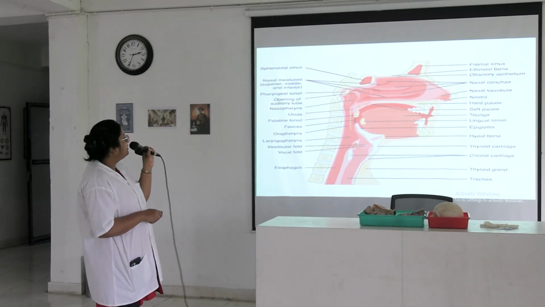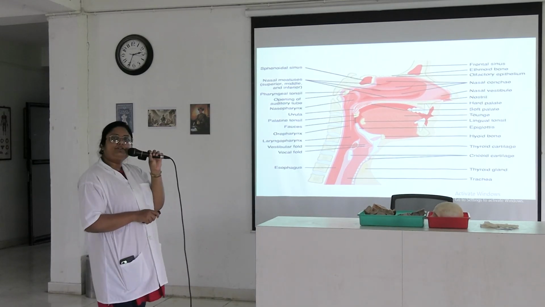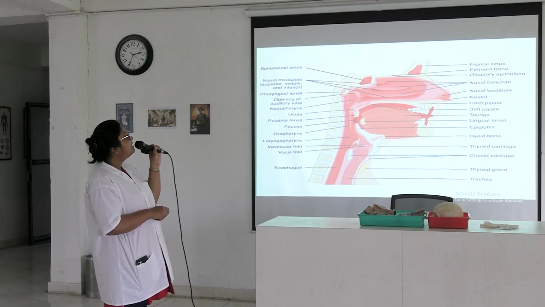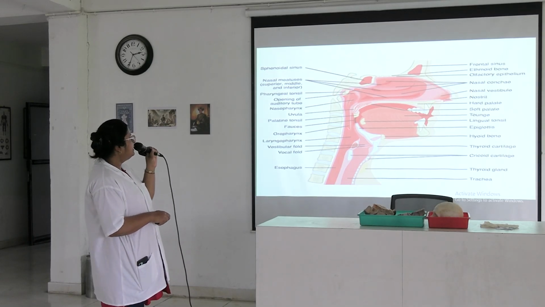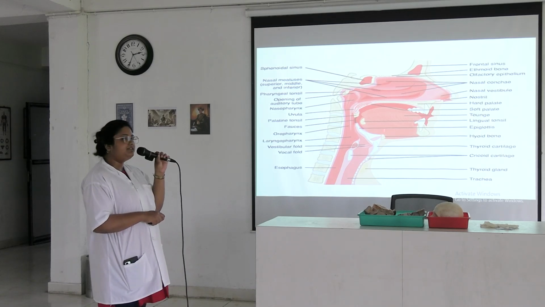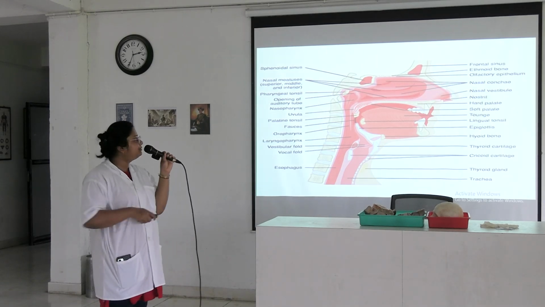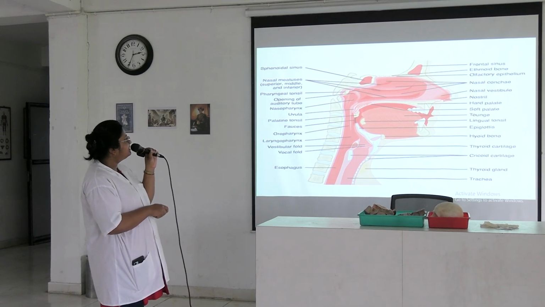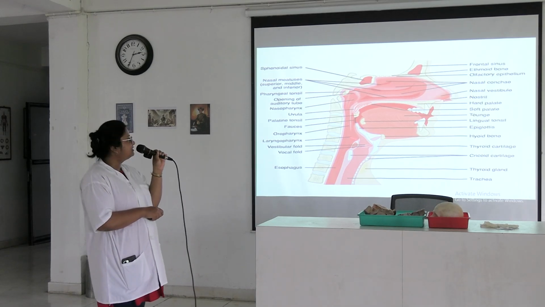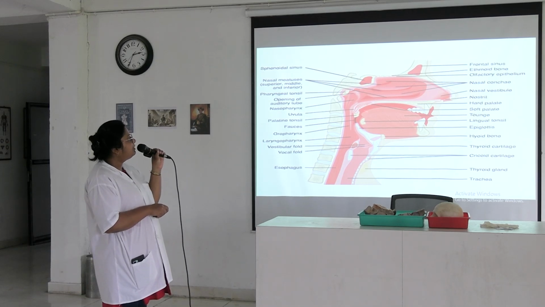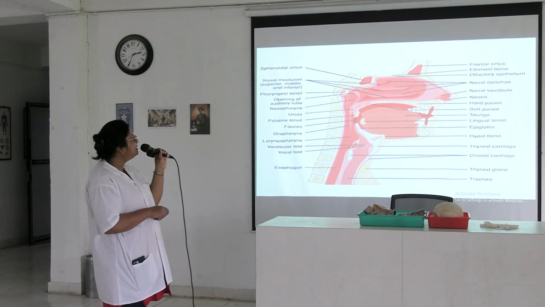Okay, near this auditory tube lie the tubal tonsils, and this is the nasopharyngeal tonsil, known as the adenoid. Here lies the palatine tonsil in the palatine fossa, in between the two arches: the palatoglossal arch and the palatopharyngeal arch. So here lies the palatine tonsil, and in the posterior 1/3 of the tongue lies the lingual tonsil.